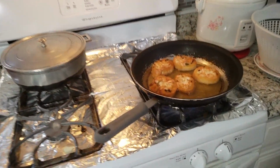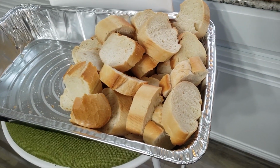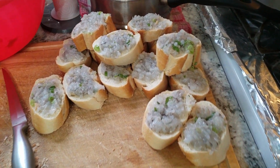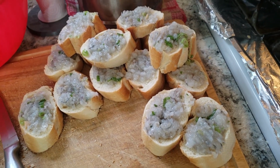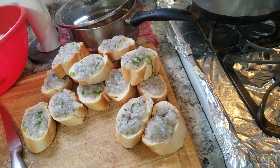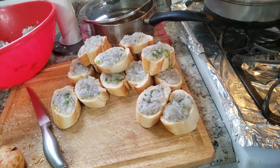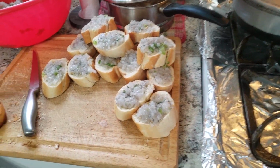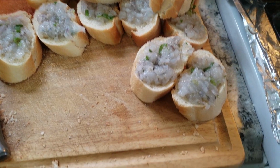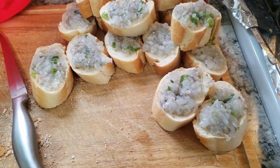Going on how to make shrimp toast. Basically, get some French bread, cut it up, get some shrimp, chop the shrimp up, mince it up, and then you put some garlic powder, onion powder, granulated chicken powder, and what else? Salt and pepper. And salt and pepper, and then scallion, and then you put it on the French bread,